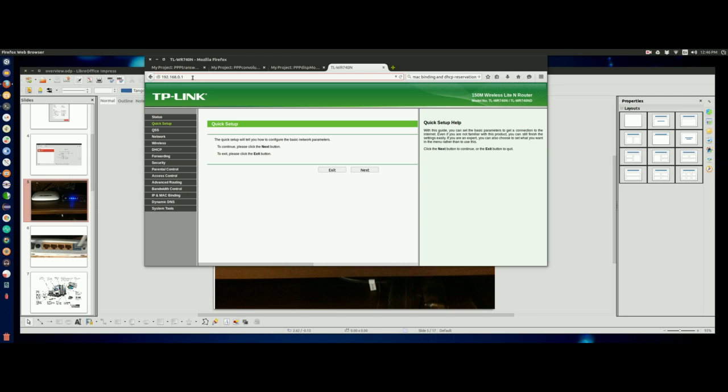And once you have loaded this page, you're going to be presented with a setup page for configuring this router. What you want to do is to click on the quick setup, and it's going to take you